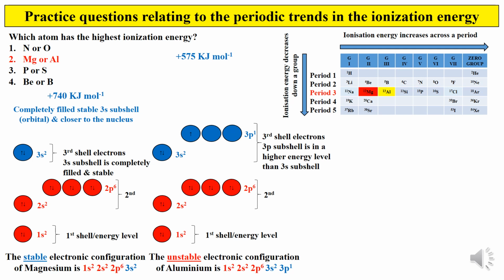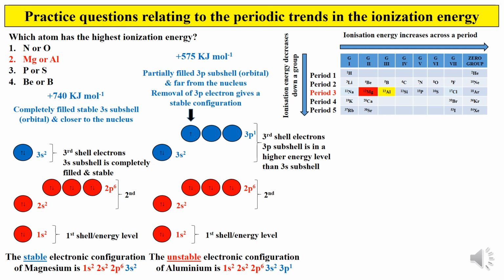In the case of magnesium, it is a completely filled, stable electronic configuration with the 3s subshell completely filled, and these electrons are closer to the nucleus as compared to the valence electrons in aluminium. So what about aluminium? In aluminium, you see a partially filled 3p subshell, and it is far from the nucleus. Since it is far from the nucleus, and at a high energy level, it is easy to